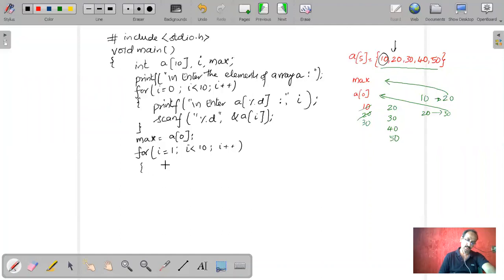Every time I need to check max with all the elements in the array. So I need to check if max is less than a of i, that means if this element is greater than max, then max is equal to a of i. If max is less than a of i, then the maximum value should come into max. So that is why we wrote this. Otherwise I need not do anything. Okay, and now